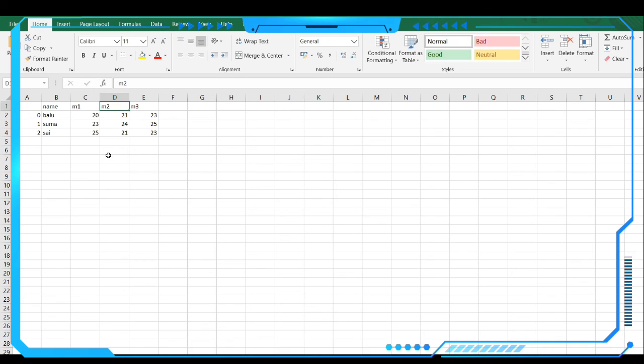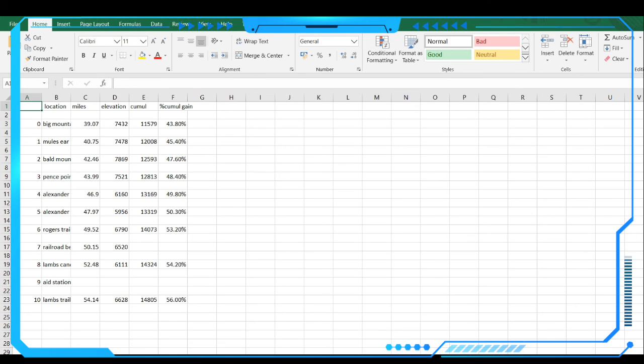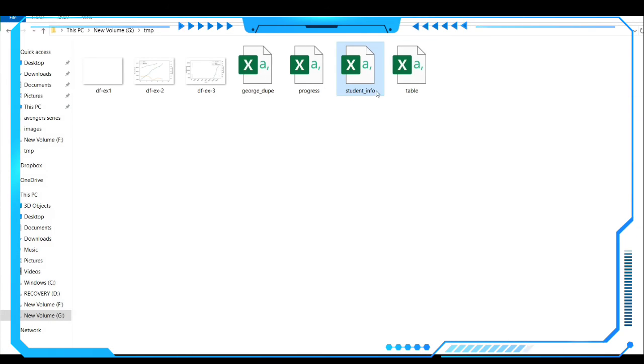All this came here as a CSV file. It looks like an Excel file, but this is not an Excel file. This is a CSV file. See here, this type of logo indicates that this is a CSV file.